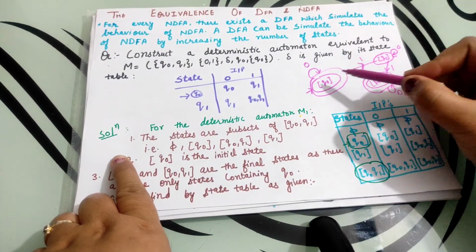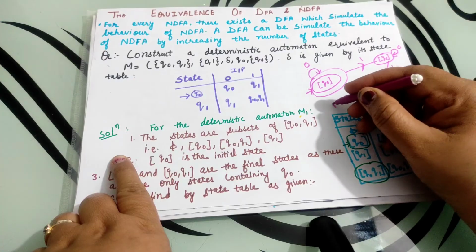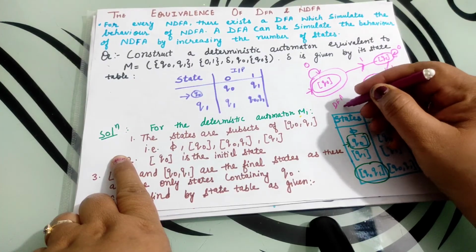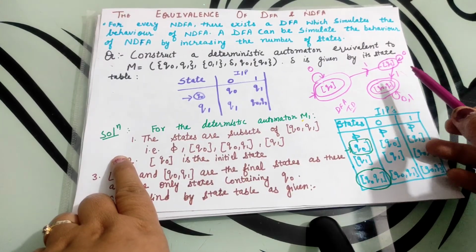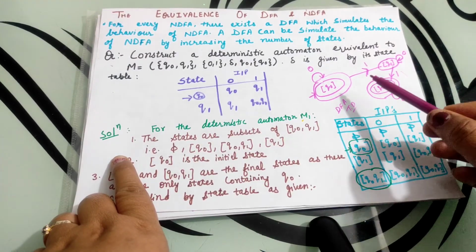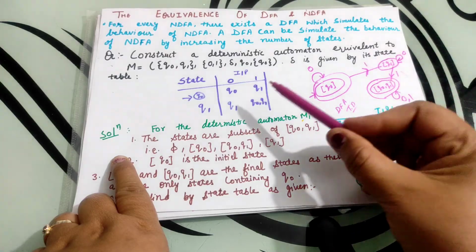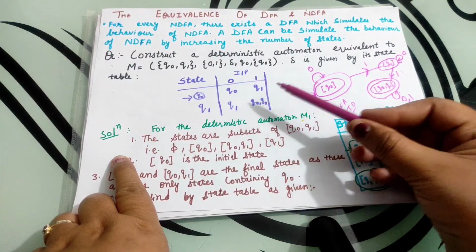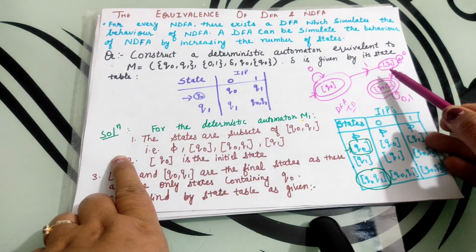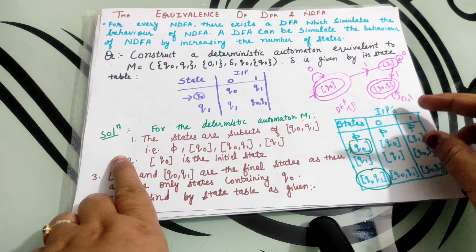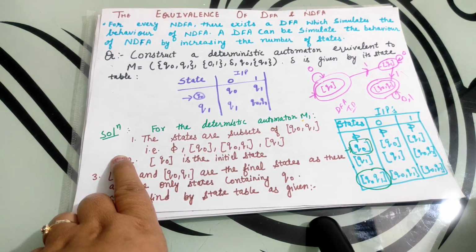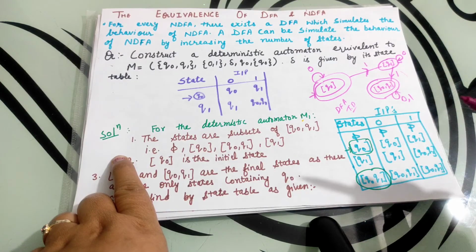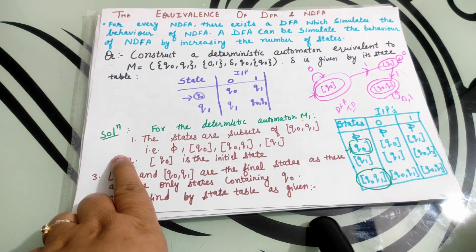This is the final DFA transition diagram that shows the DFA. That means here all states are increased. In case of the NDFA, there are 2 states, but in case of the DFA, there are 3 states. But now all the states are deterministic states. Hope students you know how to convert the NDFA into the DFA.